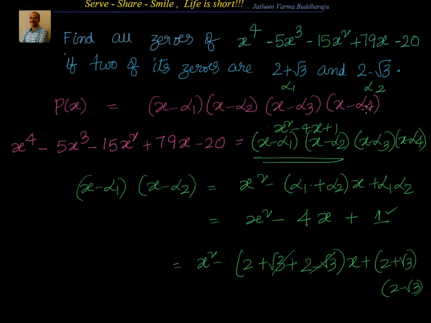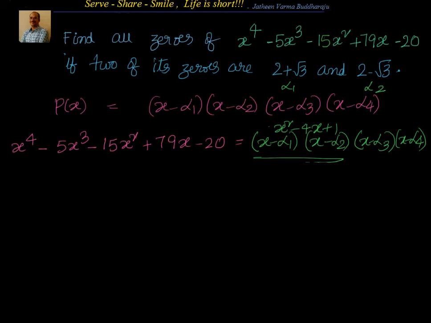To find the product of x minus alpha 3 into x minus alpha 4, we'll go ahead with the polynomial and divide by the product of the first two linear polynomials, or the zero factors. That's x square minus 4x plus 1. So let's go ahead and do that. We'll do the division part now. We'll use long division for that, and we'll write it as,